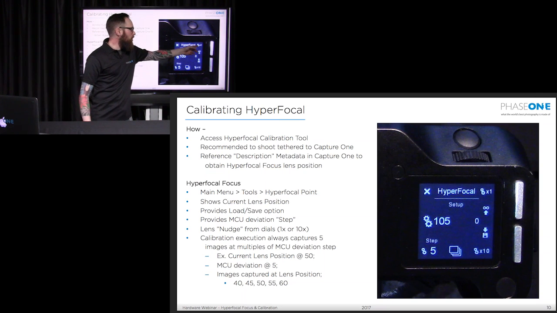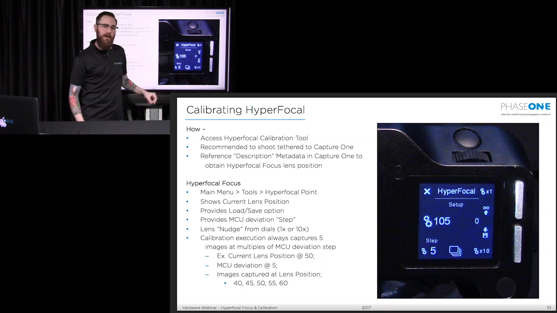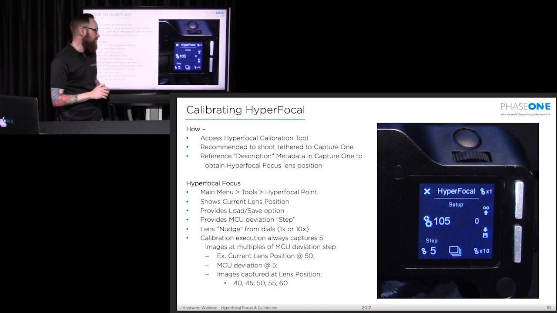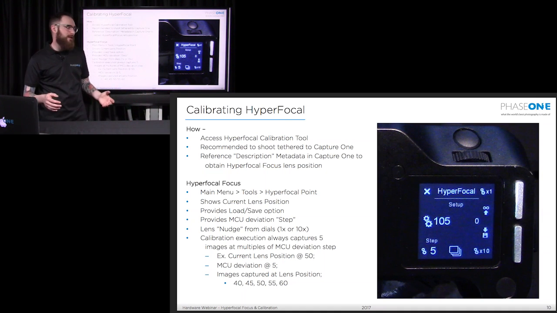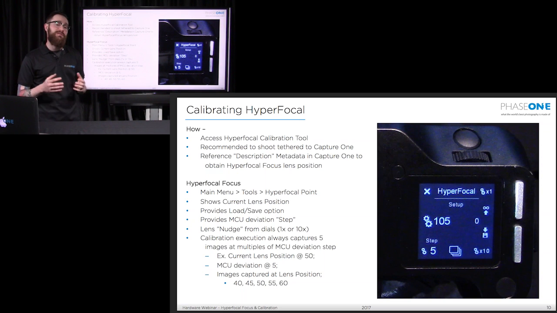You'll notice I have 2 small cogs and an X1 value up here. That corresponds to the front dial, and that means that I'm moving the lens by 1 MCU. So 1 motor control unit, a very fine and precise movement, pretty much not noticeable to anybody between 1 and the other. It takes a couple of them put together to really see the differences in the results. Then I have some small cogs and an X10, and that corresponds to the rear dial, and that's moving the lens at an increment of 10 MCUs per click of the wheel.